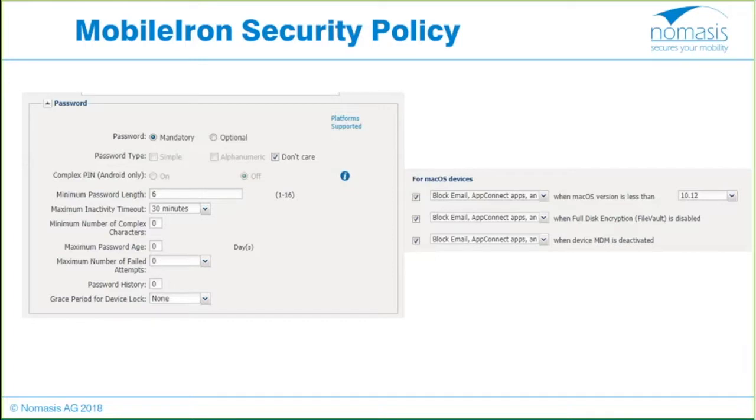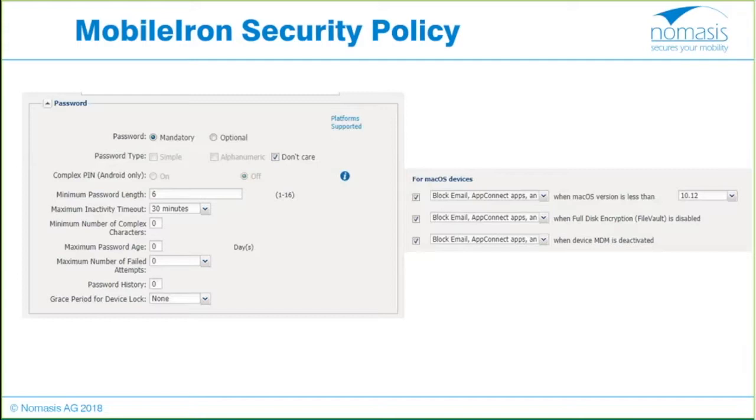The security policy from MobileIron, I think most of you will know it. You can define the password complexity guidelines, the minimal password length. That kind of options are also available for macOS. And then for the compliance actions, we have 3 different things we can check. First of all, the macOS version, making sure that you don't have an outdated system on which the root password can be just entered.